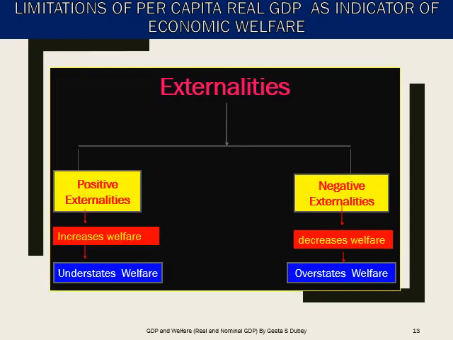Now, as you can see on screen, there is a flow chart which shows the impact of these externalities, both positive and negative, on welfare. The activities resulting in benefits to others are called positive externalities, which increase the welfare, whereas those resulting in harm to others are called negative externalities and decrease welfare. As you can see on screen, GDP does not take into account these externalities, which leads to overestimation or underestimation of welfare. For example,